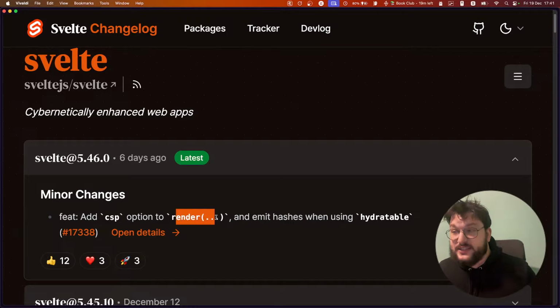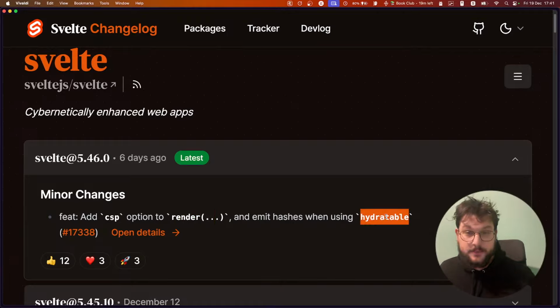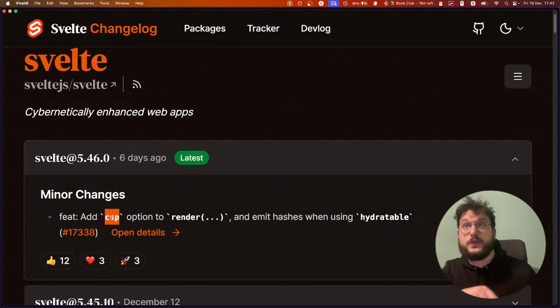If you're using SvelteKit, or even Svelte with render and hydratable, you can define this CSP option and define the nonce that